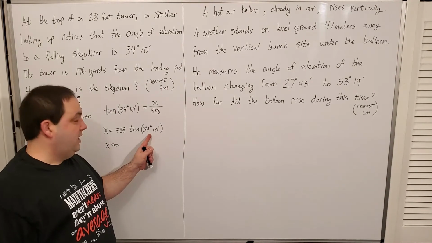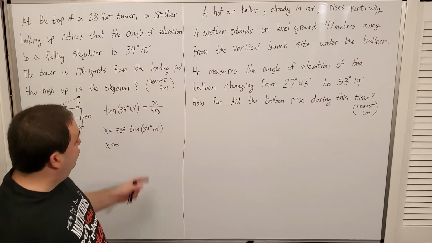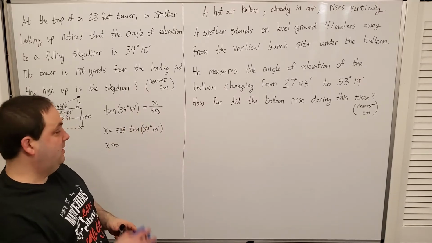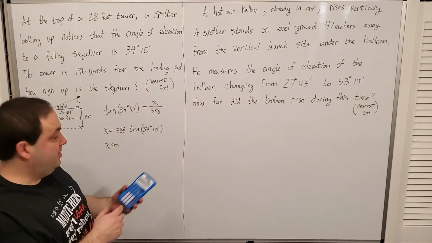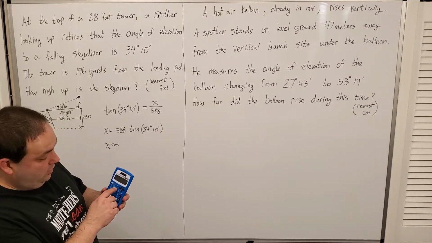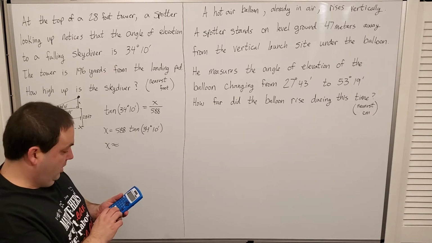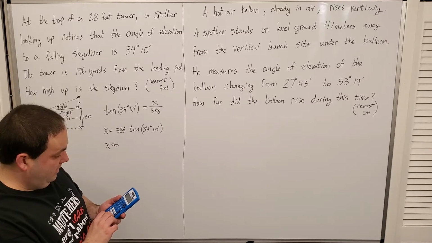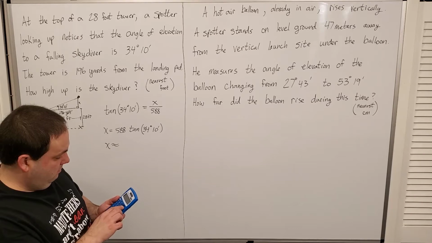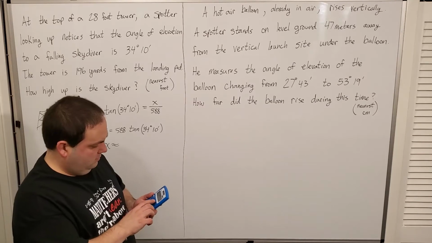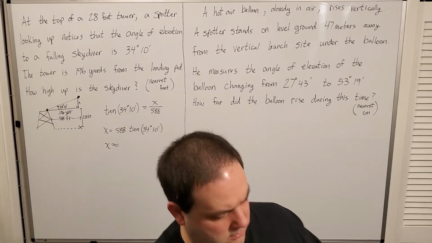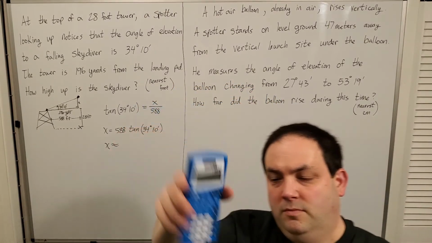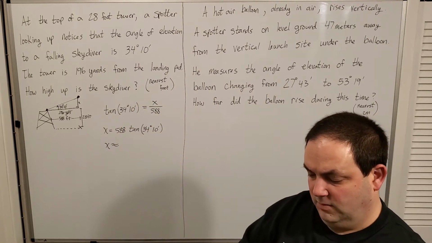Now remember, you can punch it in like this in your calculator, or you could do 34 plus 10 sixtieths, right? 10 over 60. I'm going to punch it in using the degree and minutes button here. So I have 588 tangent 34 degrees 10 minutes. So there's the tangent. The 588's next to it. And I'm going to hit enter here. I'm getting